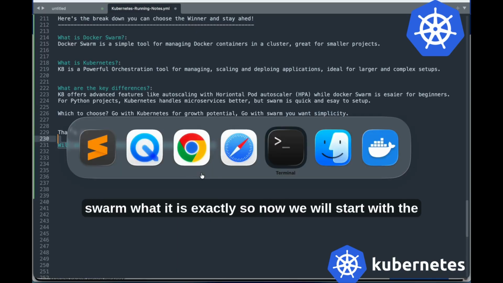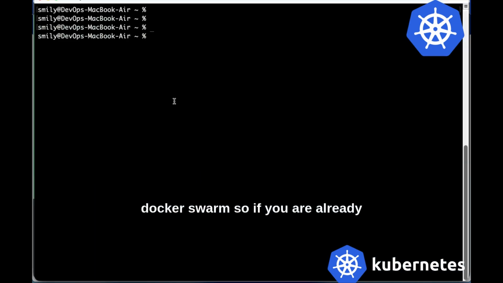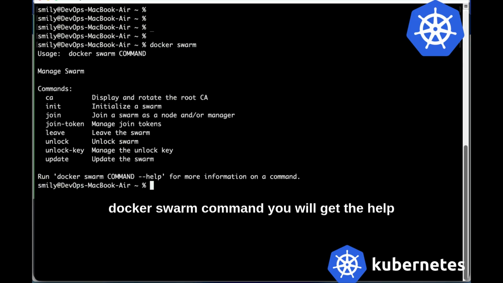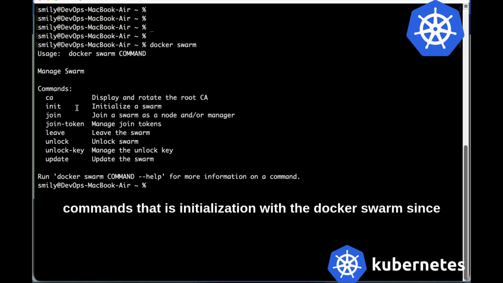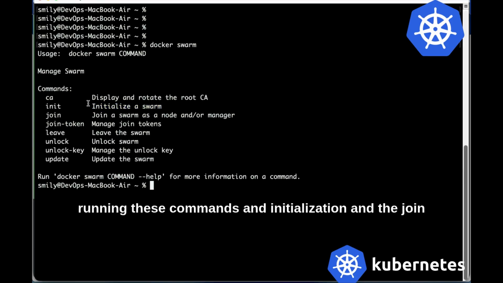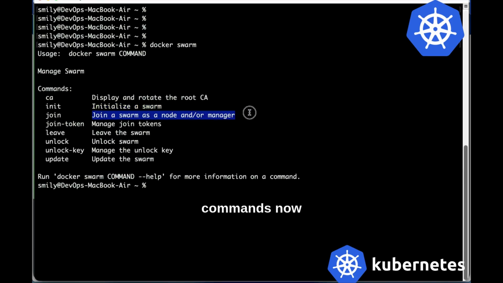Now we will start with Docker Swarm. If you are already initialized with Docker Swarm, I will show you. Just simply run the docker swarm command, and you will get the help commands, including initialization. Since my terminal is already initialized, I'm not running the initialization and join commands. Now I'm directly hitting